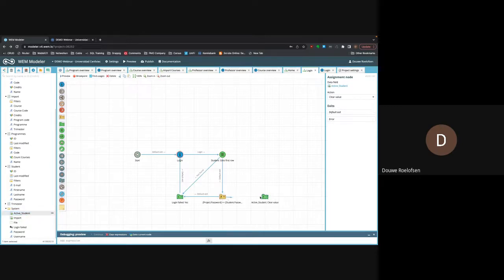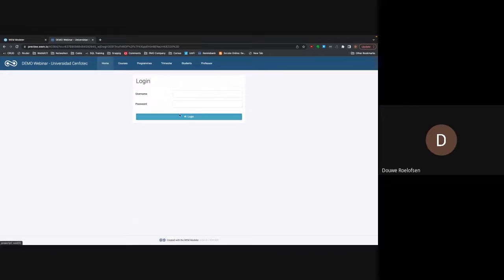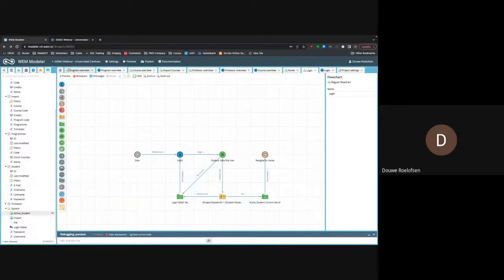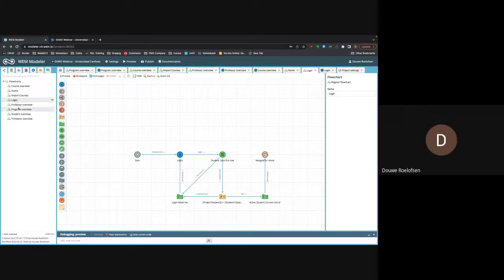So let's say yes, and the person is logged in, and then we go back to home, and then the person should be logged in. Now, of course, I know there's no user right now, so all I can see is username or password incorrect. So let's go to students. Did you have any import for students, or are we going to do it manually? I think we're going to do manual. Let's go manual. Let's say student overview,